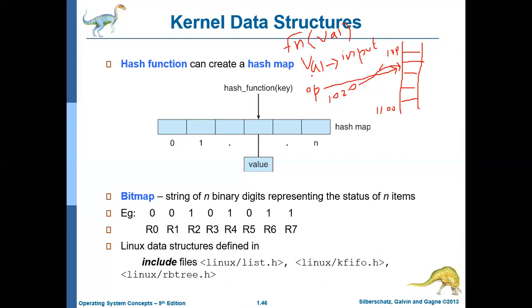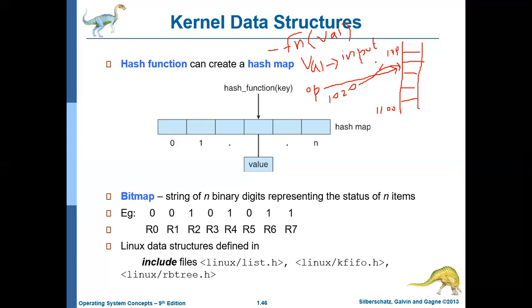So why does the operating system use a hash function? The operating system need not check location by location. Rather, it can just call the hash function by passing a value, and whatever output comes, it will go directly to that location and execute that instruction. This is the core purpose of a hash function.